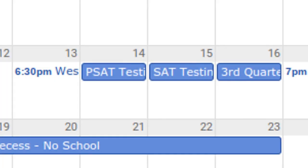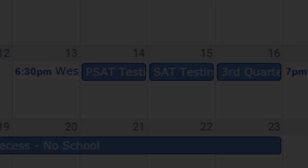Mark your calendars. Sophomores will take the PSAT on Wednesday, April 14th, and all 11th graders will take the SAT on Thursday, April 15th. Just a reminder, students, state testing for 10th and 11th graders is mandatory, and you must come into the school building to take the test. So that means that even if you are a DL student, you must come into the building for testing. If you or your parents are uncomfortable with you coming into the building this year, please contact the front office at